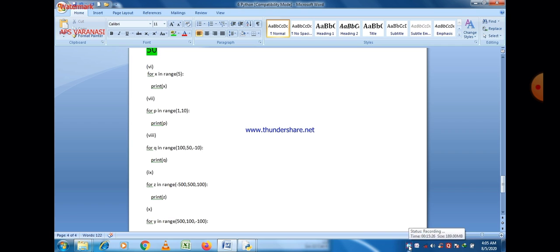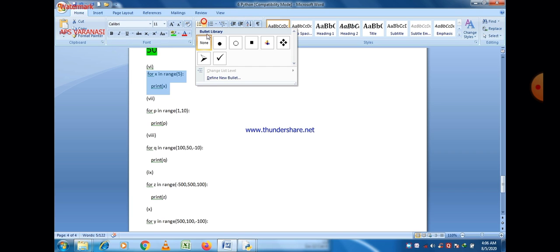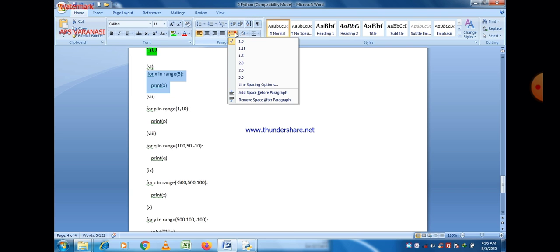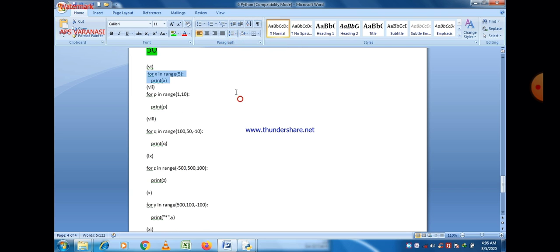Programming is not about typing a program on a computer. Programming is about understanding the logic of that problem or program, and if you are able to find out the error or the output without executing it, that means your concept is very much clear.